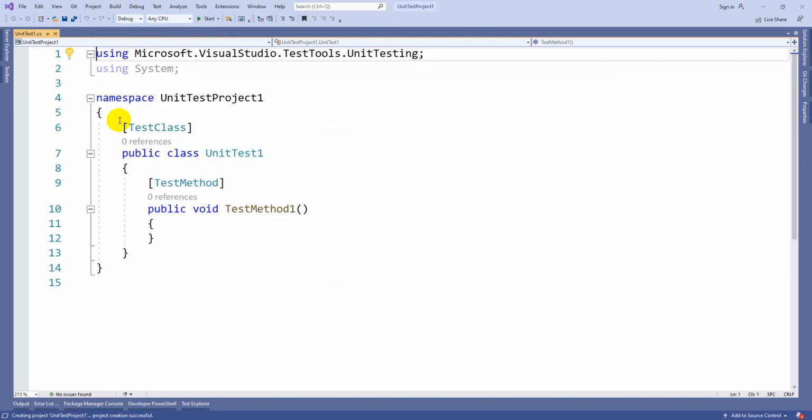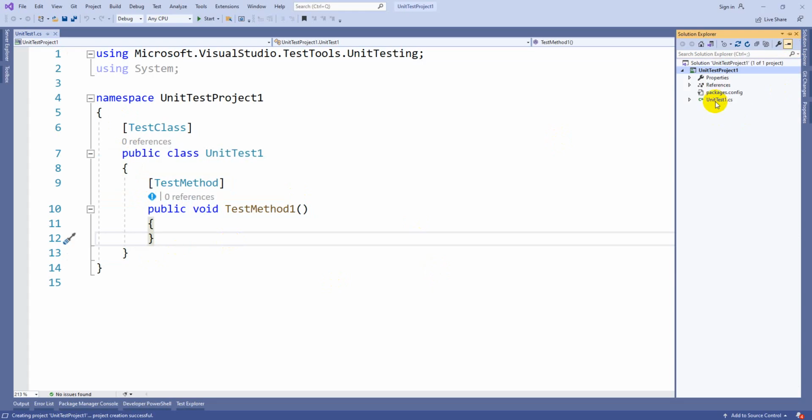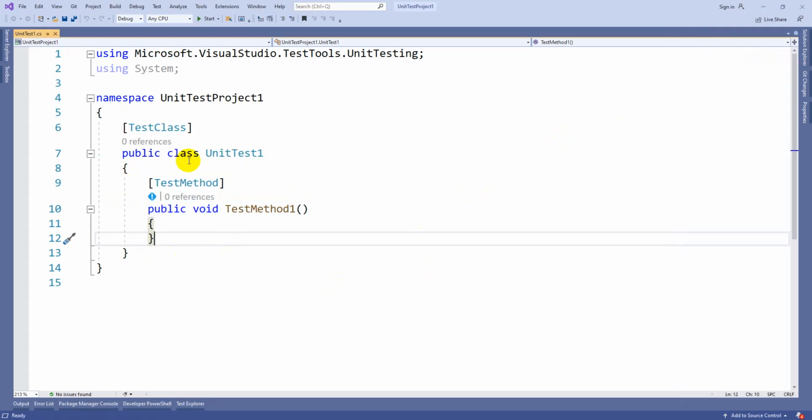Okay, so this is our testing class. They have given a sample class showing how to create a unit test. If you see, there is nothing new here. It is a normal class, but if you observe, there are some annotations like we used in MVC. Here we are surrounding it with an annotation called TestClass, so that Visual Studio, when we are building the project, can recognize that this is a class that contains a list of test methods. That is the reason we mention the annotation called TestClass.